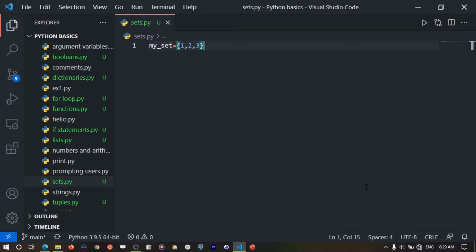For example, we can only have one existing as one in the set. Now let's show you how that works. So if I add 1 and then 2 and then 3 and then let's say 45 and then other values such as 56, when we print our set